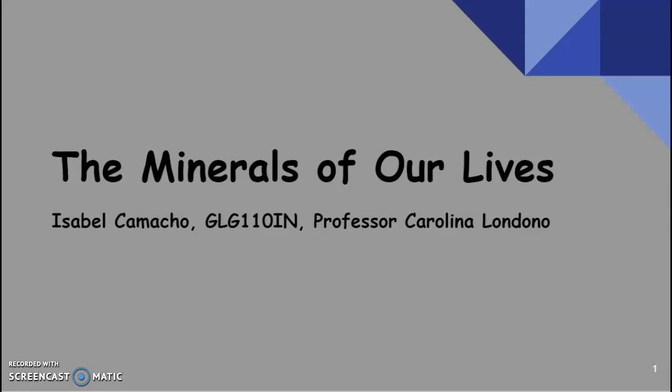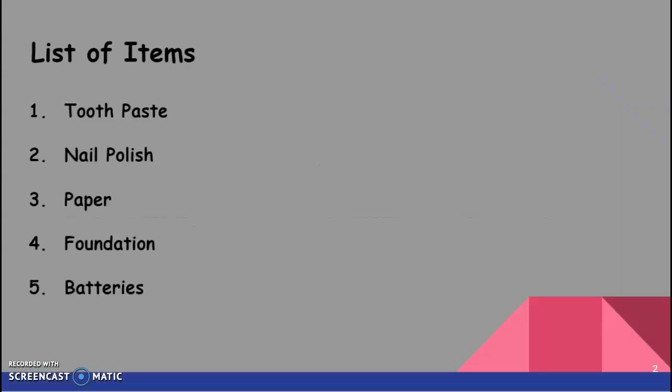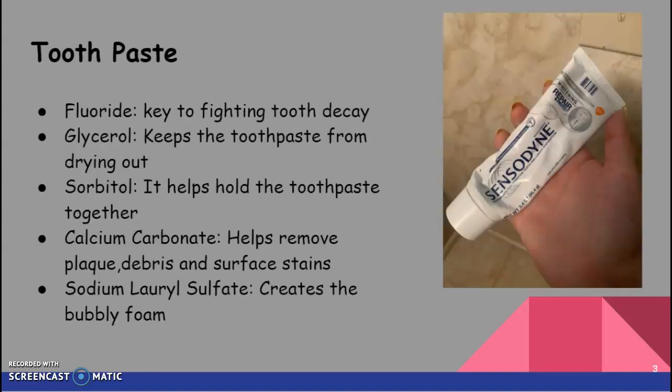This is going to be my presentation of the minerals of our lives. The 5 household items I have chosen to cover in this video are toothpaste, nail polish, paper, foundation, and also batteries. Starting off with toothpaste, some of the elements that are used in the creation of it